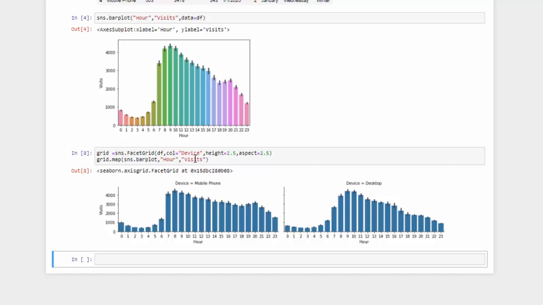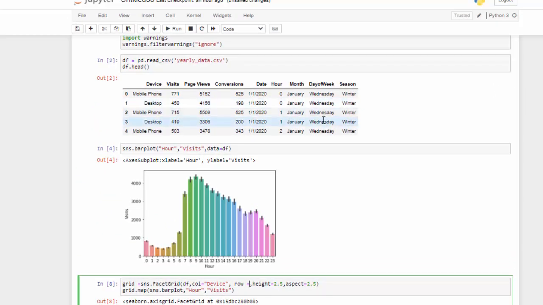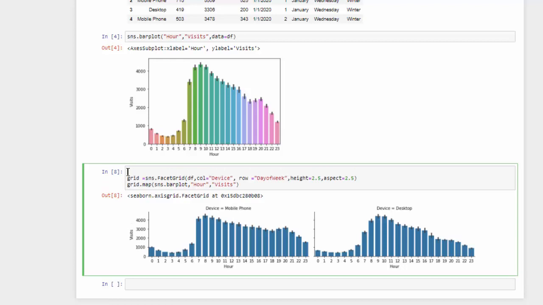Now we can go back up to the grid and add a row to our columns. So right after column here, I'm going to add a row. And we can look at our data set and see that we have day of week here. So we can now add day of week there. So I'm going to put day of week as our row, and to make sure I have enough size, I'm going to put